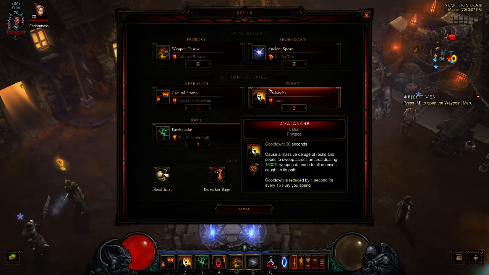Avalanche is an interesting one. This is a new skill for Reaper of Souls. And it brings down a bunch of rocks on an area, does a fair amount of damage. In this case we're going with Lahar because that reduces the cooldown further every time you spend Fury. This skill normally has a reduction based on Fury, but the Lahar rune makes the reduction even stronger on the